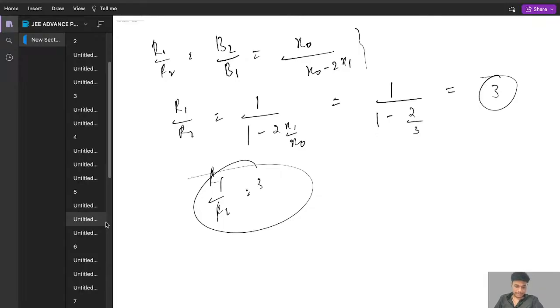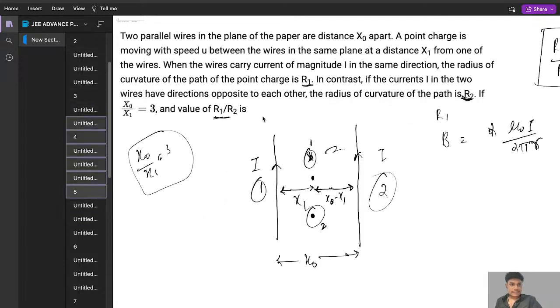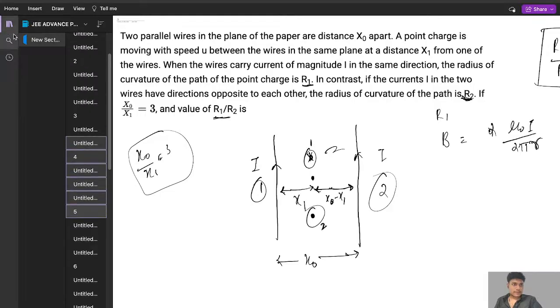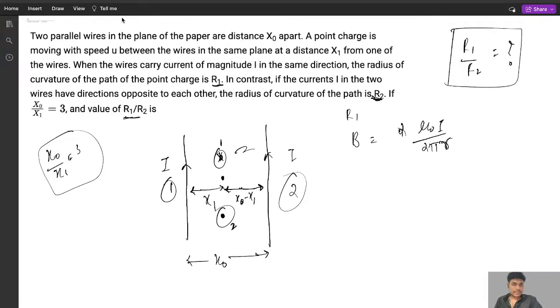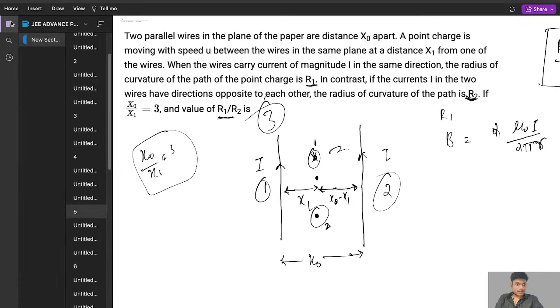Okay, 3 आ गया। यस सर, R1 by R2 का 3 आ रहा है। ओके, 3 आ रहा है, 3 लॉक करते हैं। सो आवर आंसर इज 3, राइट? सही है। आज के लिए इतना ही रखते हैं और नेक्स्ट क्लास में और करेंगे।